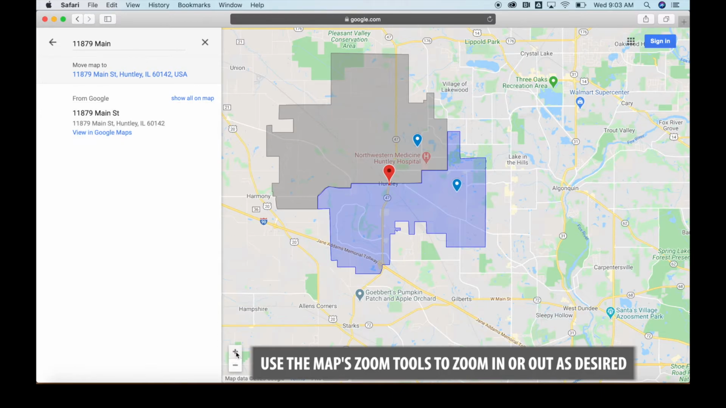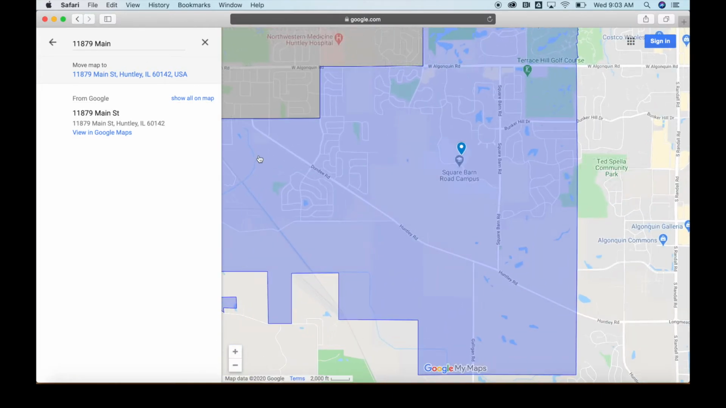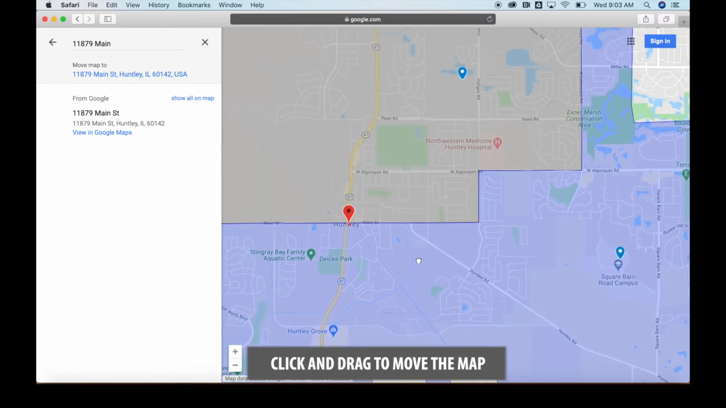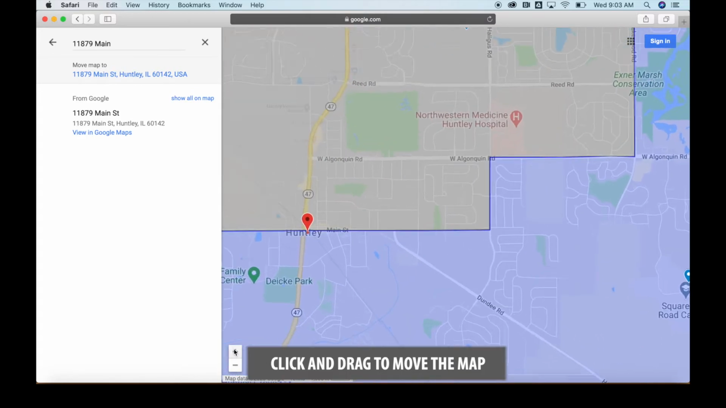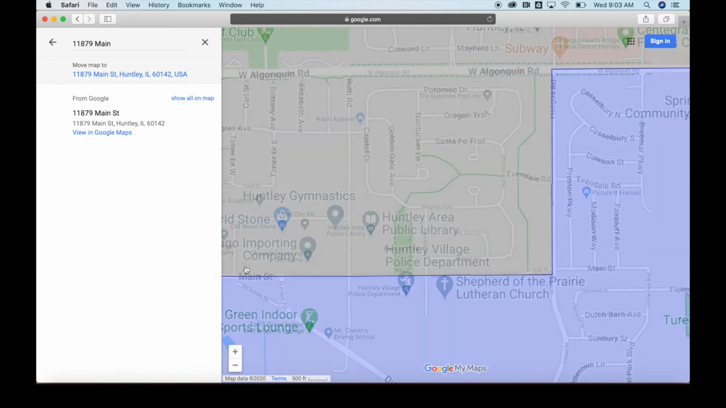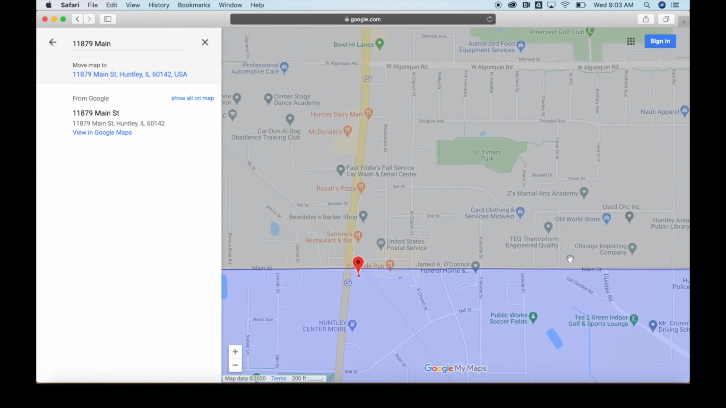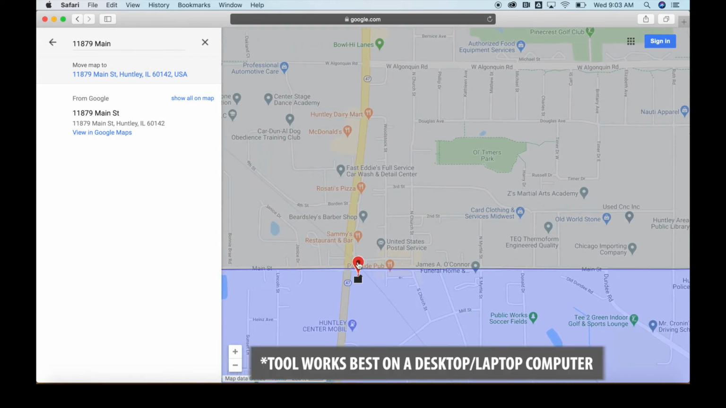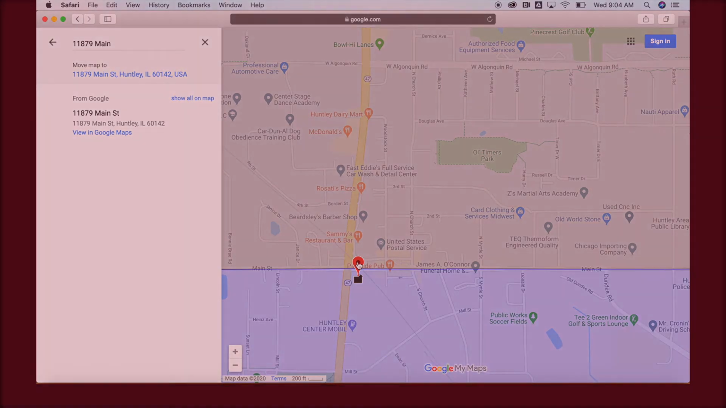You can use the map's tools to zoom in or out, and you can click and drag to move the map as desired. Please note that this tool works best on a desktop or laptop computer rather than on mobile devices. Please also note that this tool is for informational purposes, and all addresses should be confirmed by calling the